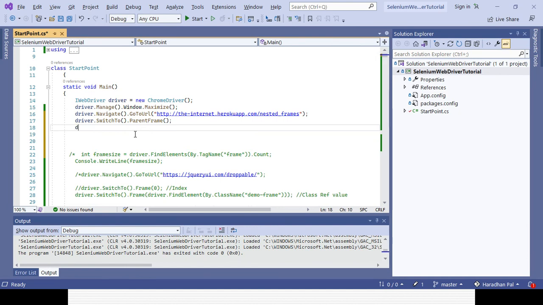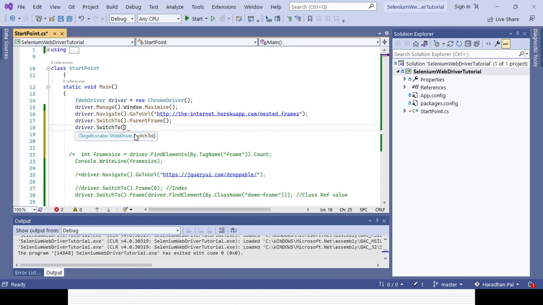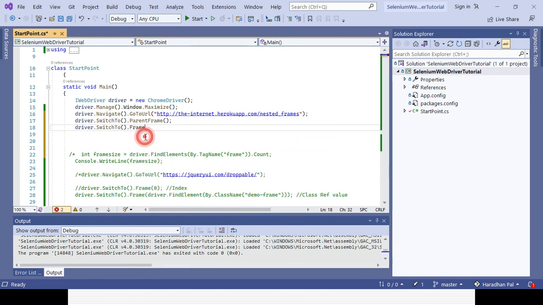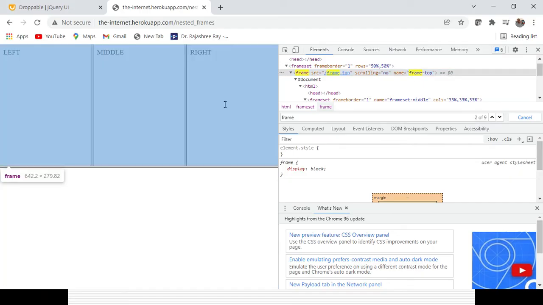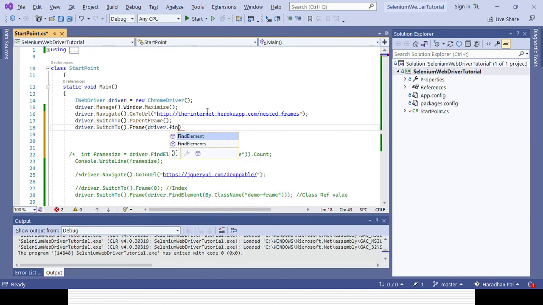So I will create driver.switchTo().frame, and here I can give the frame reference, which is the name attribute. I'll use driver.findElement, with some selector or by name, whatever I want.